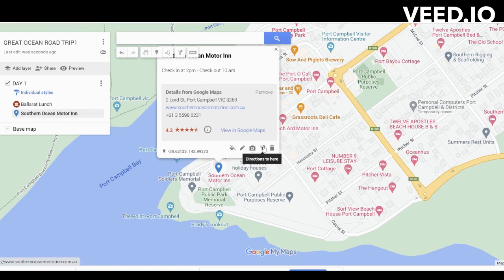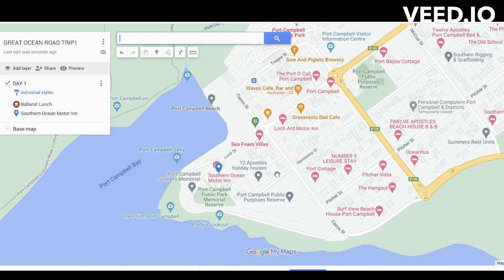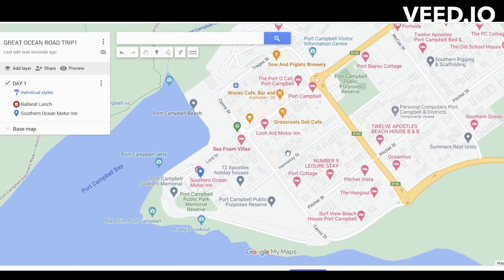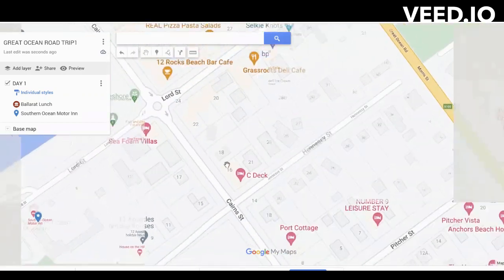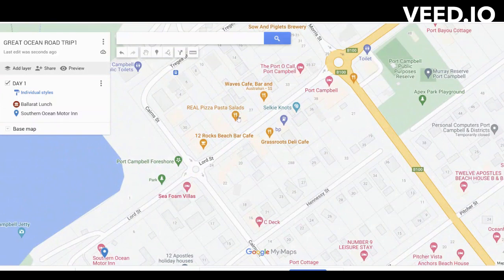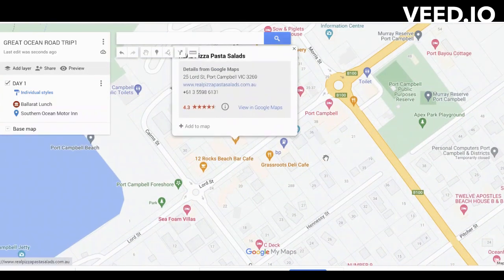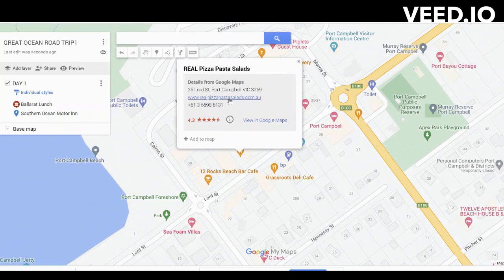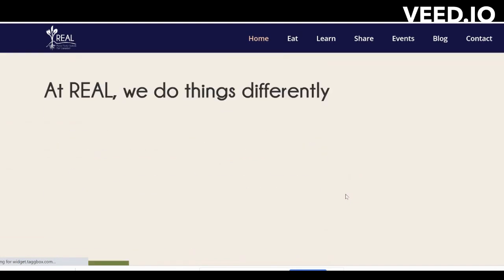And when I'm traveling, I can quite simply click on this and then get directions to here, which is pretty handy. Now, once I've checked in, I might then go and get some dinner because I think I'll be hungry from all of that driving. So perhaps I will go to this pizza, pasta, and salad bar, actually. And I'm not sure, we can click on it to see and make sure that it will be open. So I'm going to go check out its homepage,